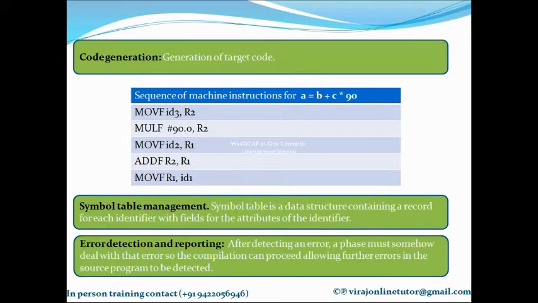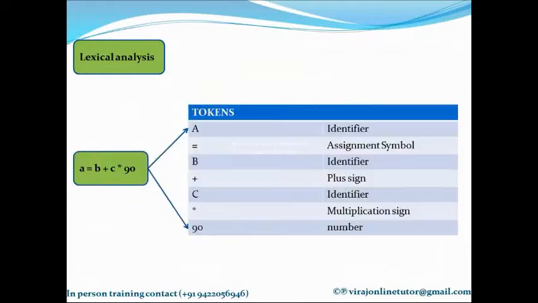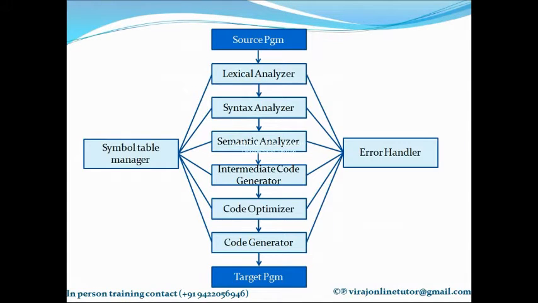In my previous session we had seen that there are different phases of compilers, right? So what are the different phases of compilers? Lexical analysis was reading your source program from left to right and identifying the tokens. Then it was going to the next phase, which was syntax analysis. What was the syntax analysis doing? I'll just take you all to the diagram. Here it is. After lexical analysis, it was doing syntax analysis, which was constructing the parse tree and syntax trees.